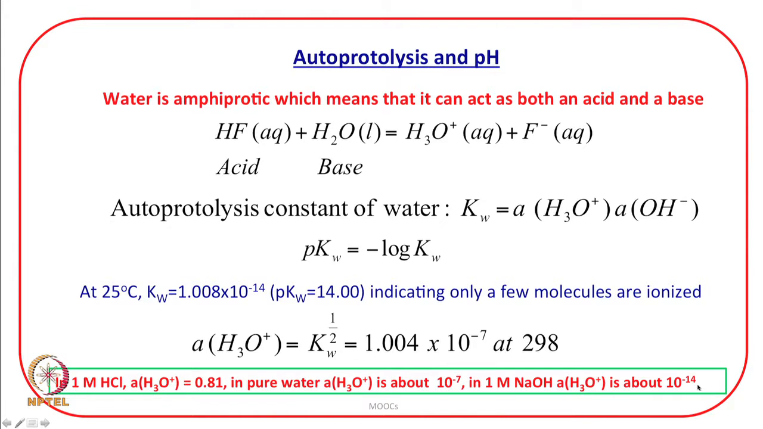And then we discussed that there has to be a simpler method of expressing these activities of the hydronium ion. There has to be a scale which should capture these activities, and that scale is the pH scale. The pH scale is very, very important, especially when we talk about biologically important systems. pH becomes very, very important,